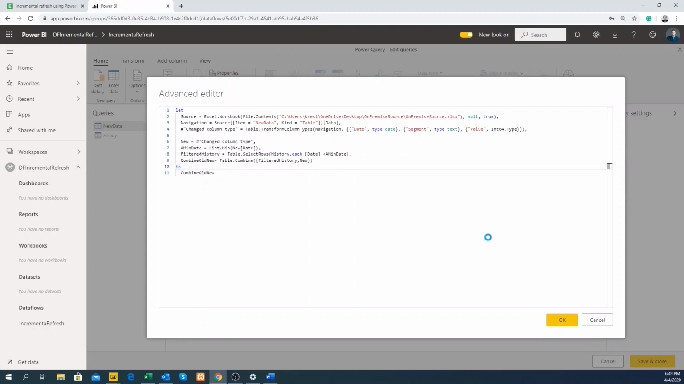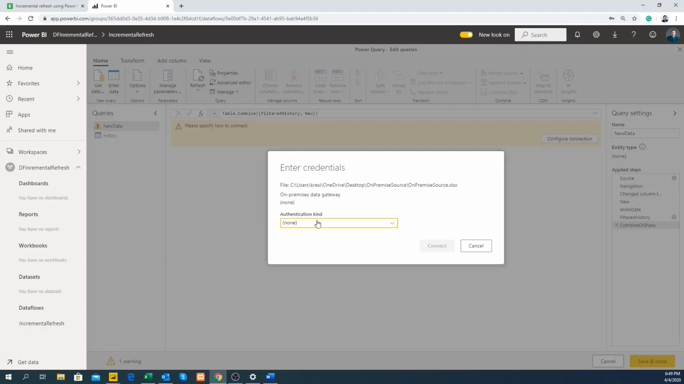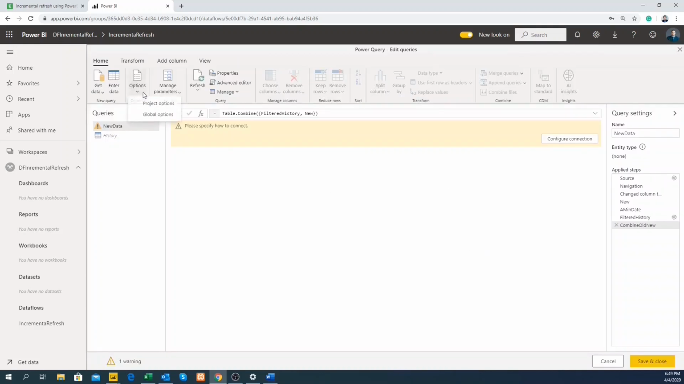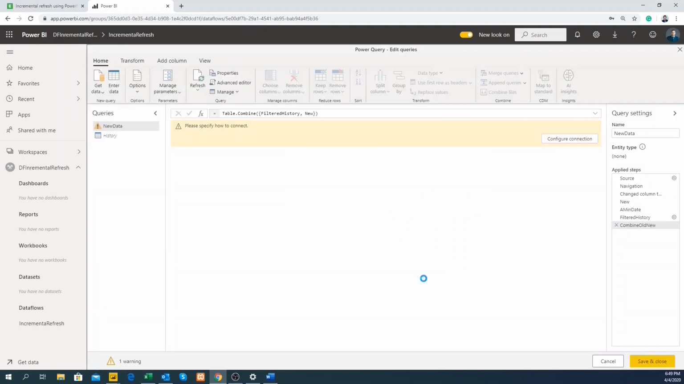If we've written everything correctly, OK should be fine. Let's configure connection. Now we see that we cannot add an enterprise gateway. We need it for this source, but we cannot add it from here. But what we can do, we can add it from the options and project options. And here we can select to use the gateway that we have installed. After we confirm,